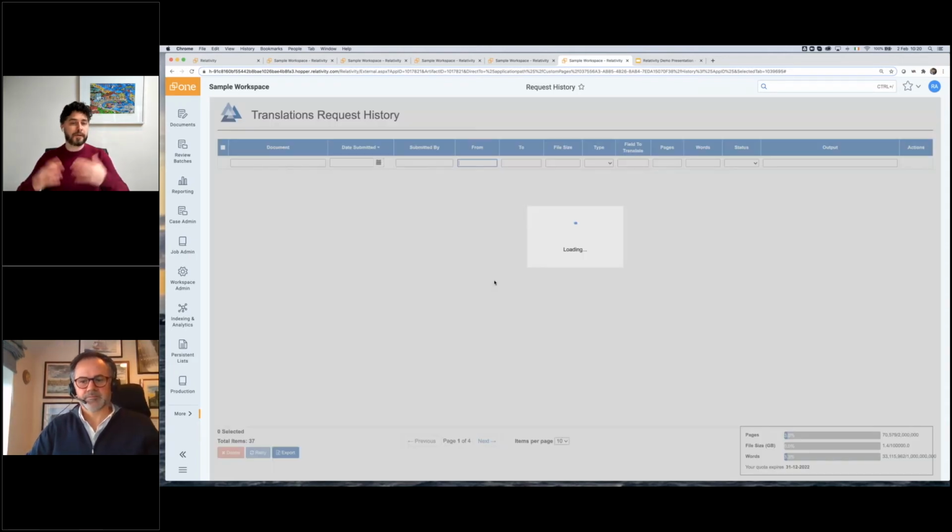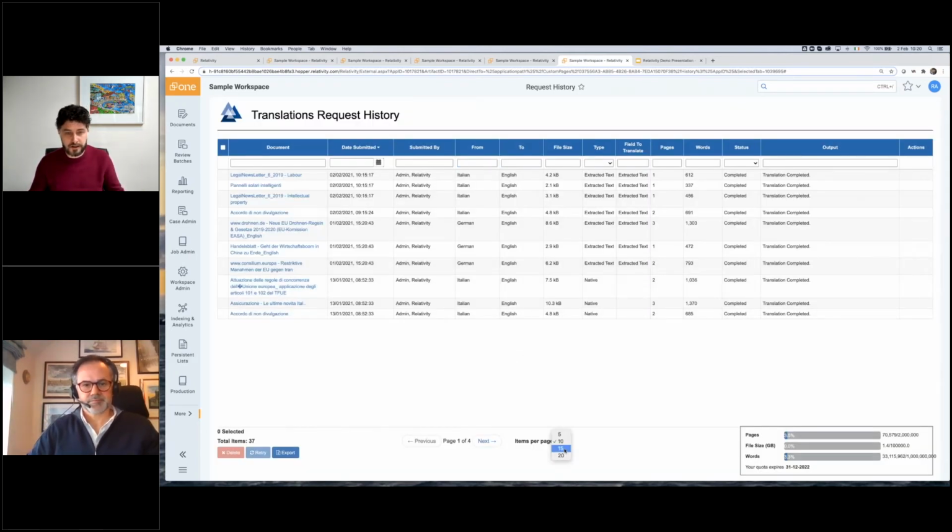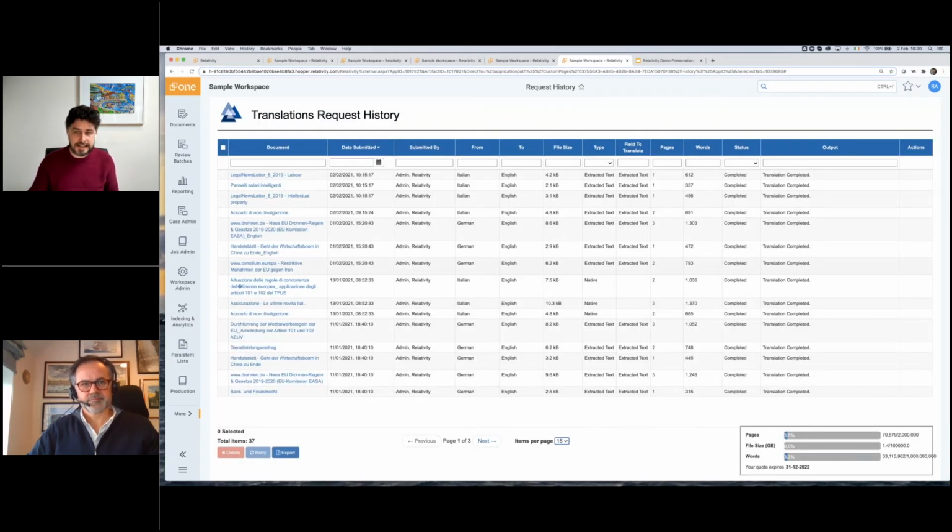If you run, for example, a mass action of, let's say, 1,000 files, basically what you're going to see here is that most of the files will have a status of submitted, means that they're in the queue in Relativity waiting to be sent out for our service. There will be some files in progress. That means they're on our servers translating at that point in time. And then completed means the translations are done. So as soon as it's done translating with a completed status, you can view them. So you don't have to wait for the entire batch to complete before you start reviewing the translations.